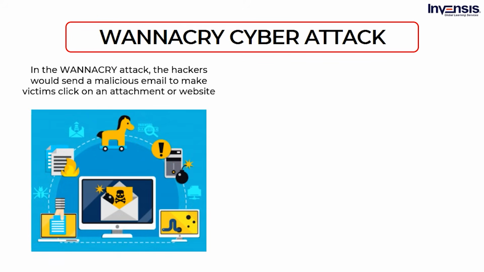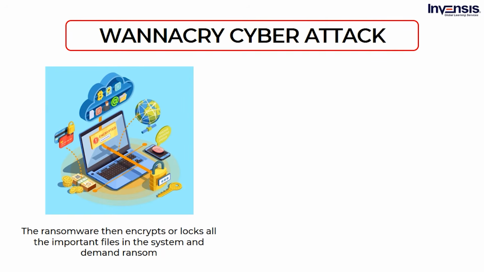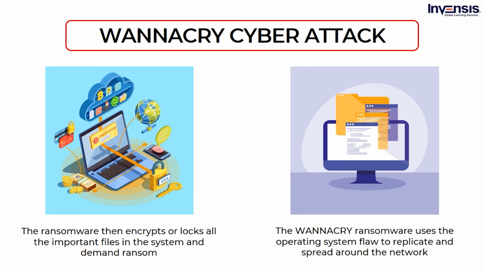In the WannaCry attack, the hackers would send a malicious email to make victims click on an attachment or visit a website. The ransomware uses the flaws in the Windows operating system to force it to run the ransomware code in the system. The ransomware then encrypts or locks all the important files in the system and demands a ransom in the Bitcoin cryptocurrency. The WannaCry ransomware uses the operating system flaw to replicate itself and spread around the computer